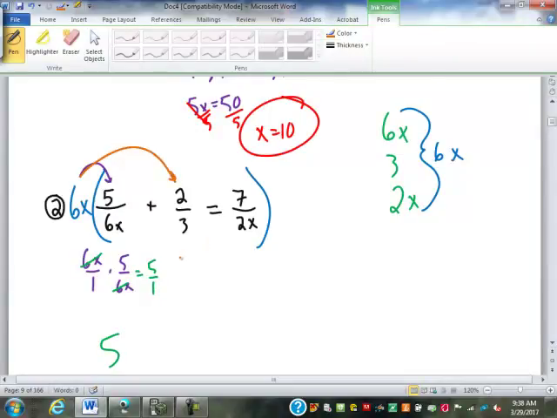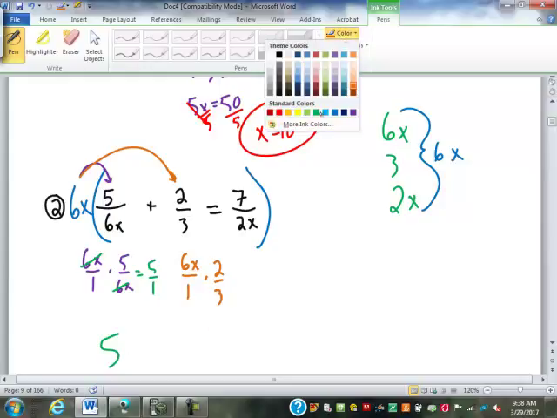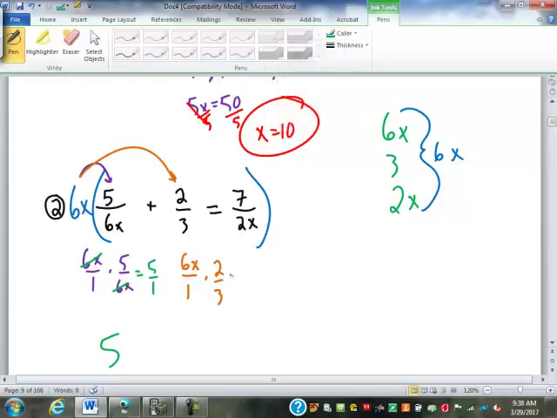6x times 2/3. So 6x over 1 times 2 over 3. I could cross cancel the 6 and 3, but it might be easier here just to multiply across. 6x times 2 is 12x. 1 times 3 is 3. And 12x divided by 3 is 4x. Then we're at the equal sign, so that equals